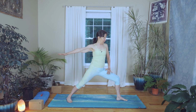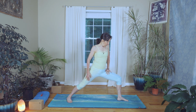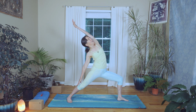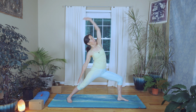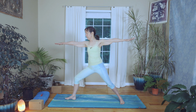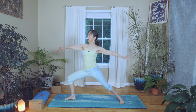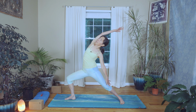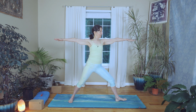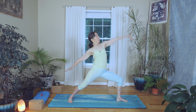And just take a moment to adjust your feet, find your length in warrior 2, and reach your arms up and back. Come back through warrior 2, straighten the front leg, and switch the direction of your feet, the direction of your warrior. Again, reach up and back, reverse your warrior, and switch direction again. Reach up and back,